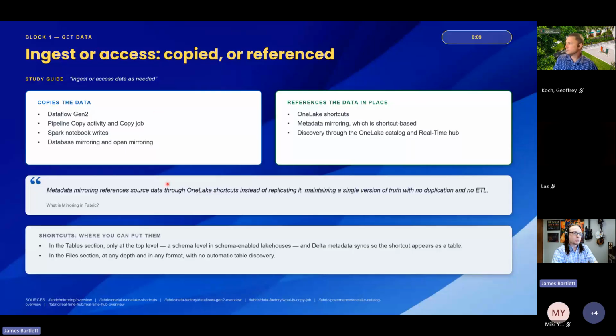So, ingesting, copying, referencing data. You can, of course, import data from different sources, bringing that in through a pipeline with a Dataflow Gen 2, with Spark notebooks. You can even mirror databases, where you're basically just creating a copy of an existing external database, and you're creating a copy internally, and it just says whatever's over there, we also have a copy of